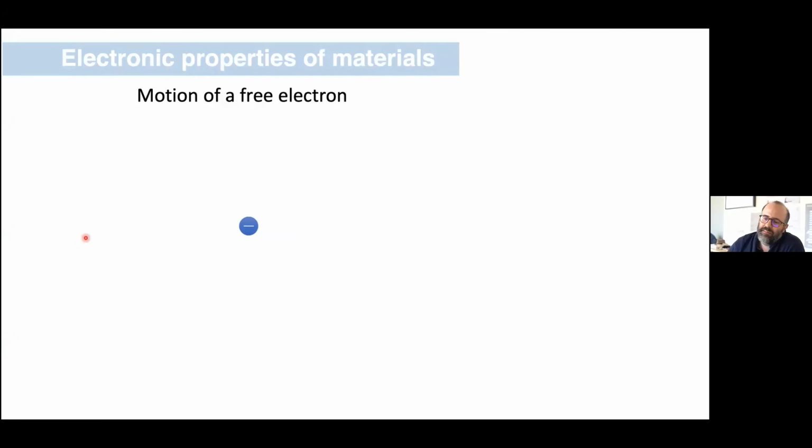Okay, so I'm going to take even a further step back from the introduction that was just given and ask the very simple question: how do electrons move in free space? Because I'm teaching first year physics right now, many of you, I'm sure, even at a high school level, have some familiarity with this. Electrons are charged, you put them in the presence of an electric field, and they accelerate in the direction that the field pulls the charge. Now, what I'm interested in is not the free electron. A free electron is going to behave like any other particle. It's got an energy-momentum dispersion, where the energy goes with the momentum squared, et cetera.